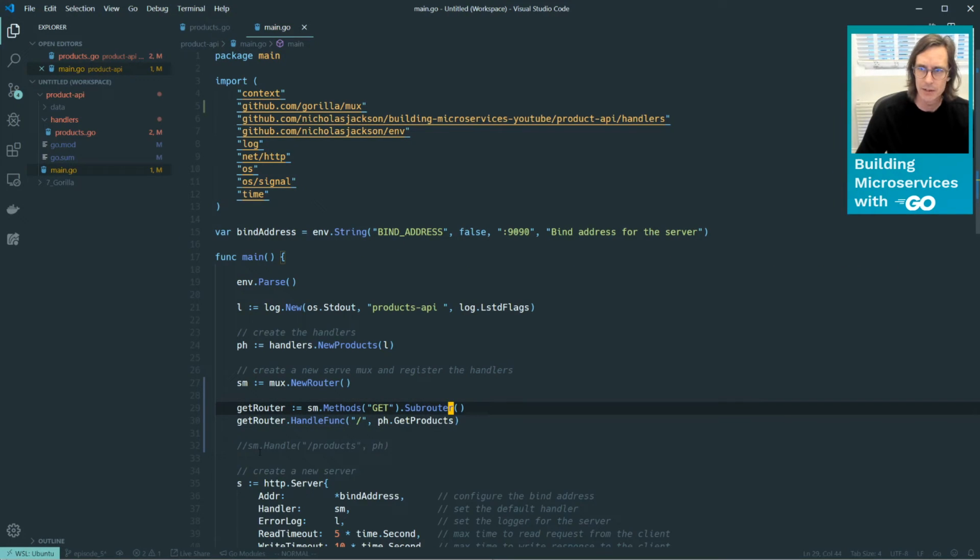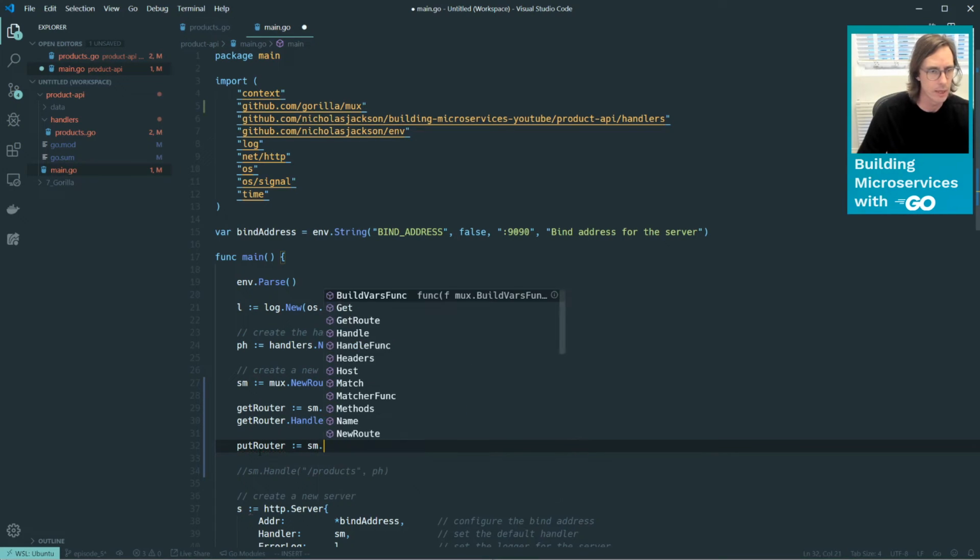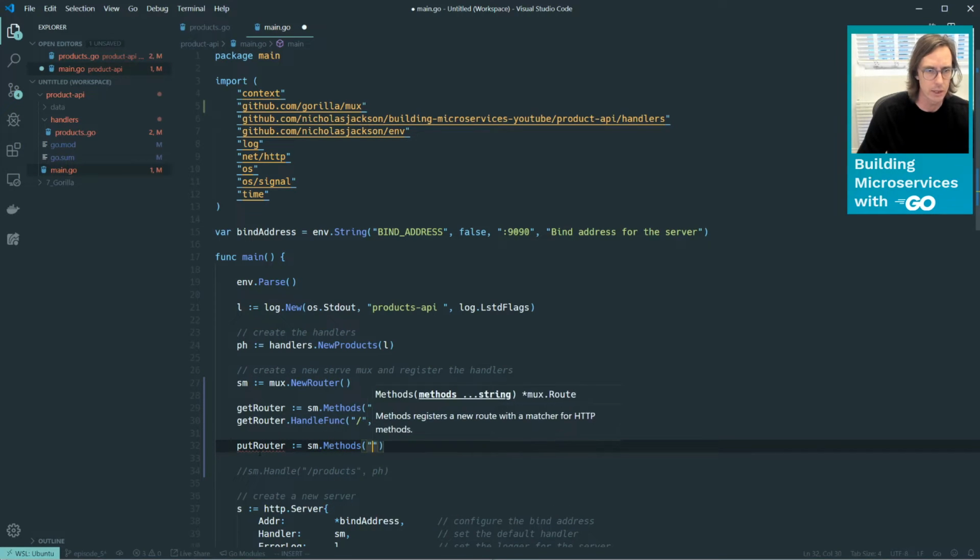So now let's add the other methods into there. What I want to do is create a router for PUT requests. So I'm going to call this a put router. And this is going to be, again, exactly the same thing. So I'm creating that filter, HTTP verb PUT. I could actually even use the